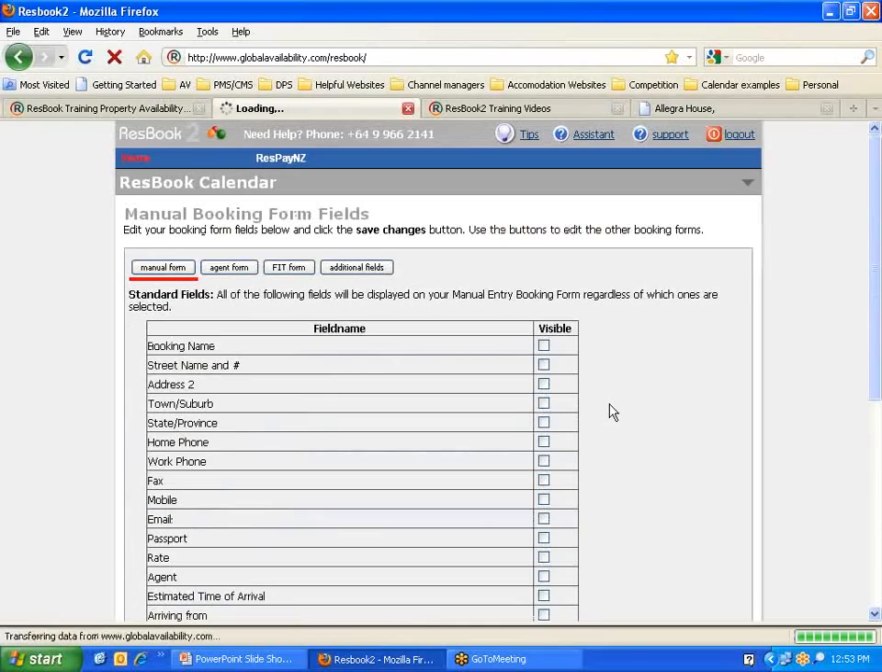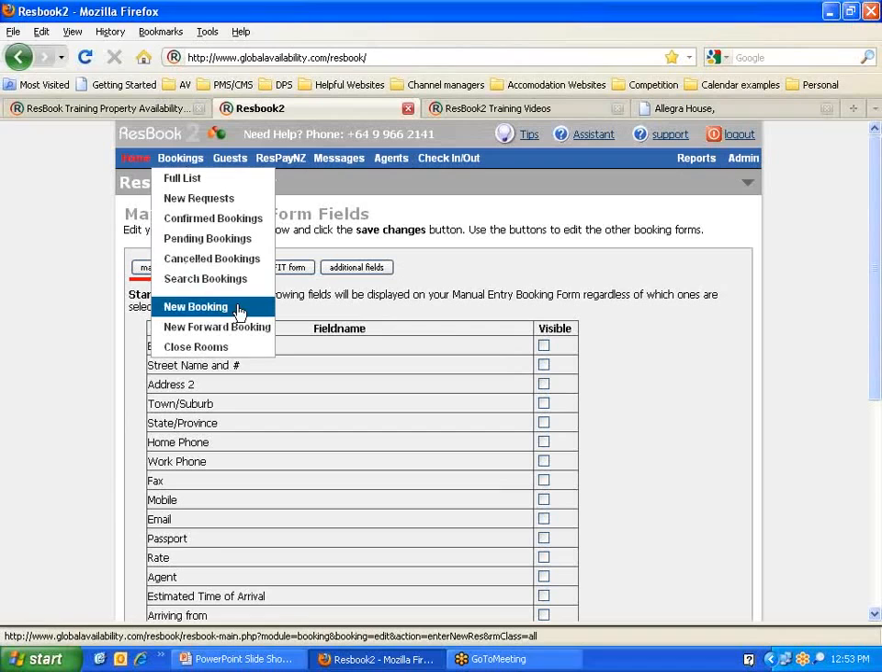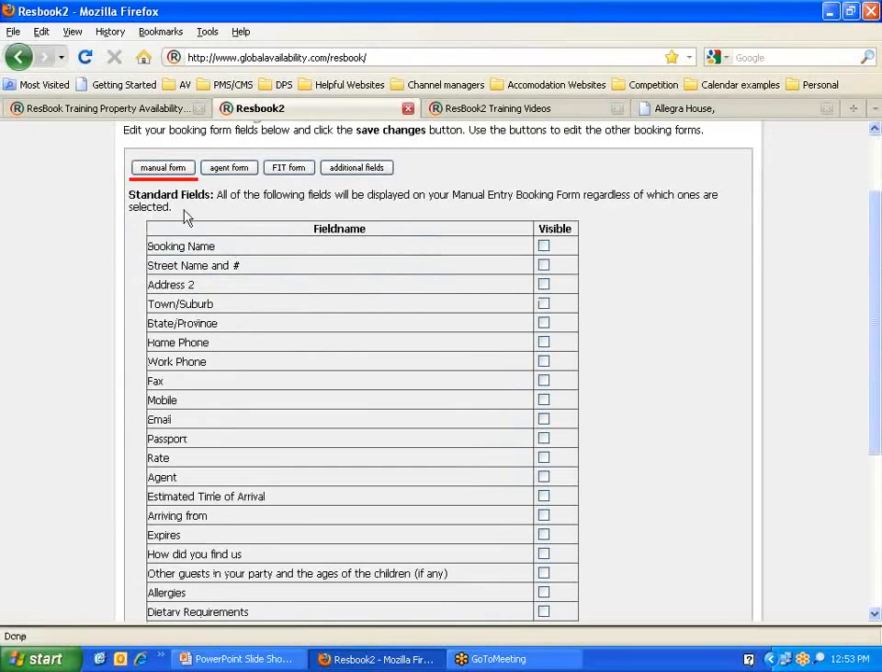Next on the list is our booking forms. Now these talk about the different ways bookings can be placed into your system. The first one is our manual form, as can be found here in the new bookings list. You do not need to worry about this box here, just ignore it